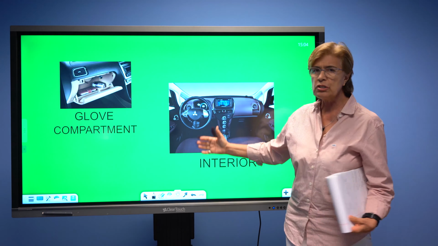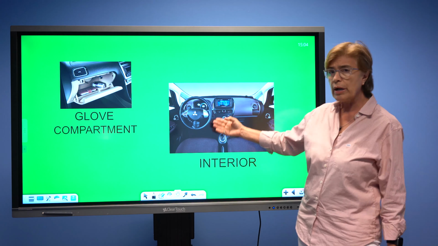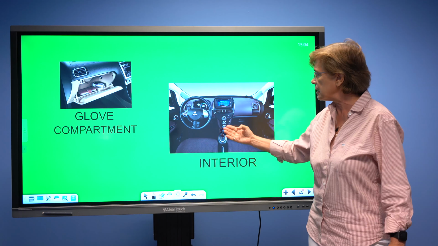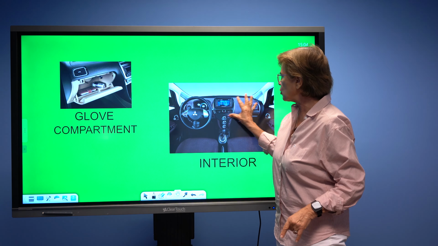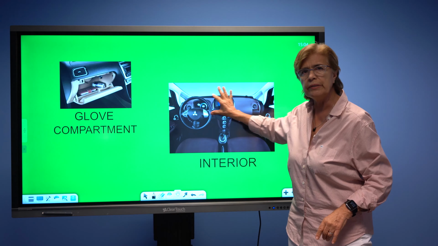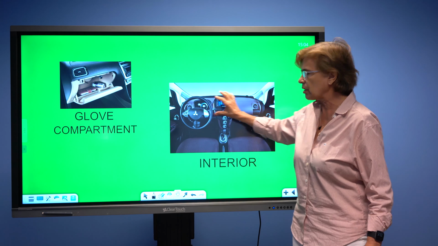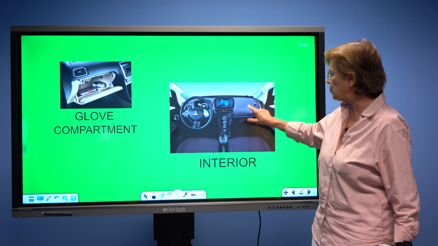Now the interior of the front of the car, where the driver's side is, has the steering wheel. This is called the steering wheel, and these new models of course have a lot of buttons that you use to control many things from here, like the radio. And this board, the whole thing in front, is called the console. Here's the glove compartment, the airbag, and the air vents, the speakers for the radio, and right here